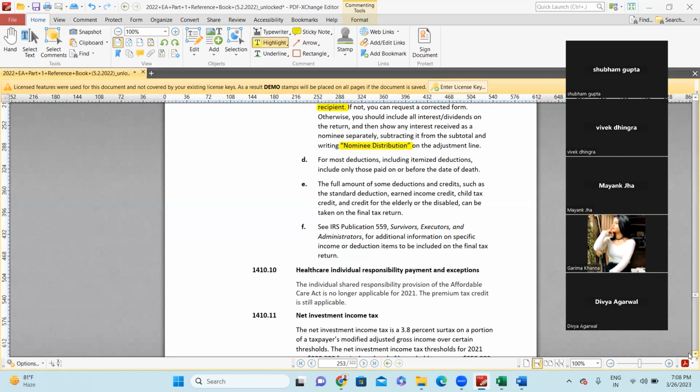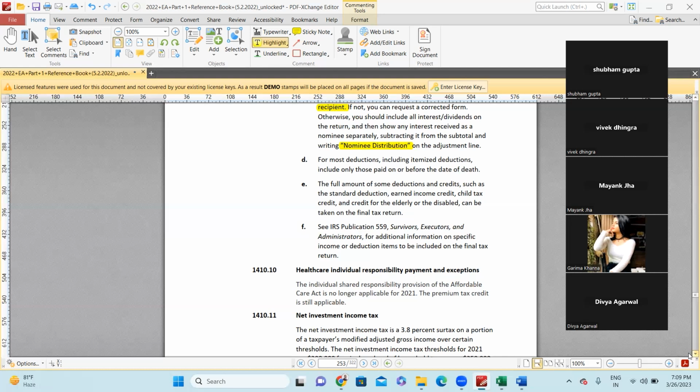X has contributed to the Roth IRA, let's assume, $1,000 every month. So the $9,000 which he has contributed from January to September will only be considered for the itemized deduction. But if the EMI is already there and the deduction is going on for October, November, and December, that amount cannot be claimed as itemized deduction, right?